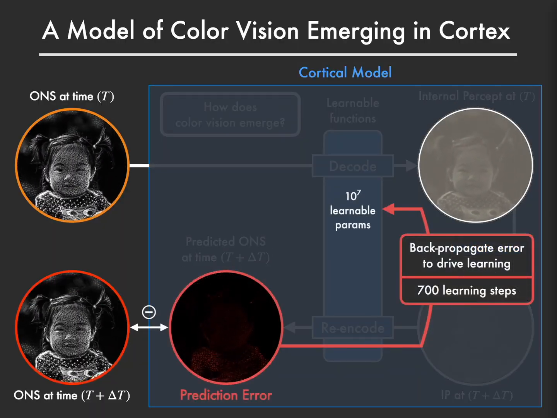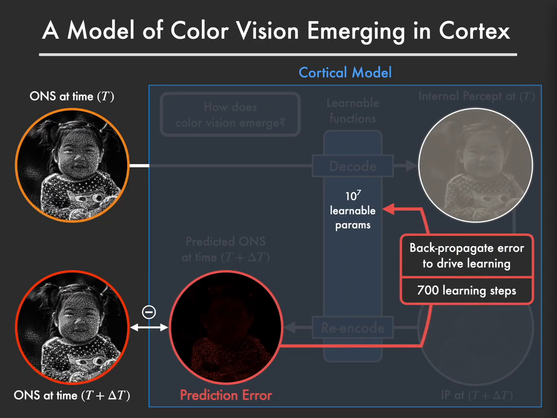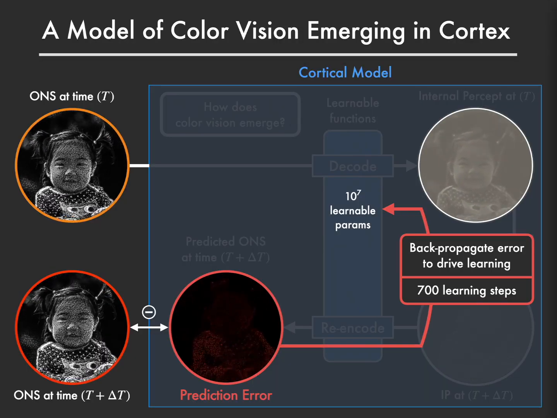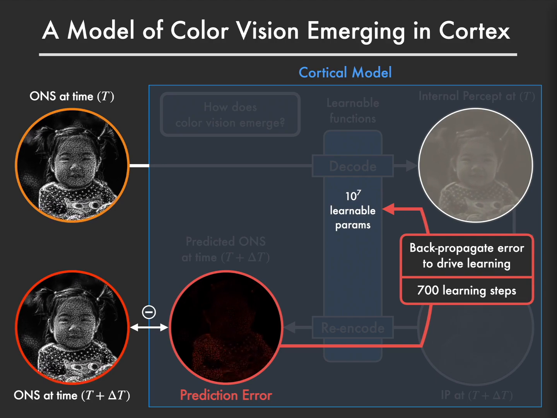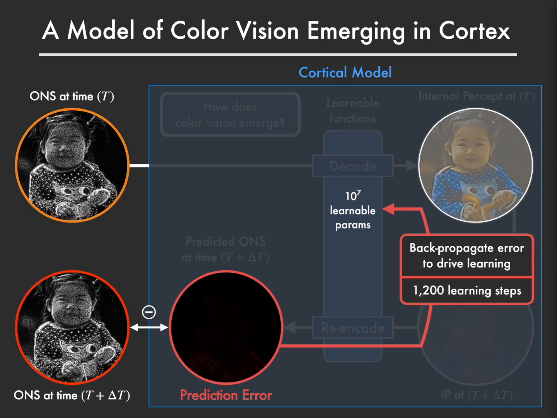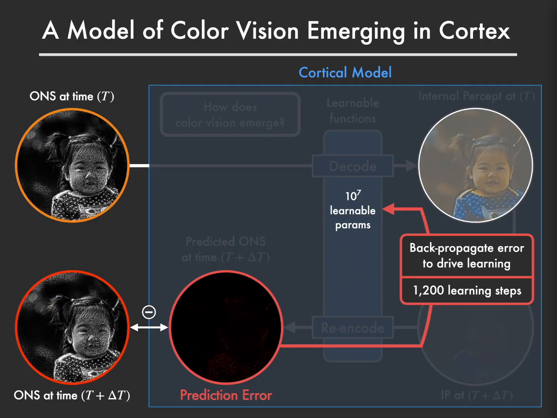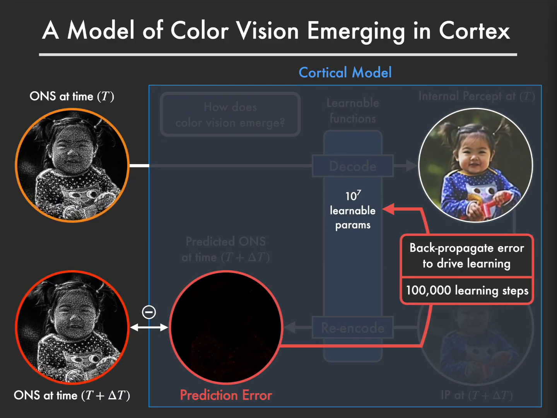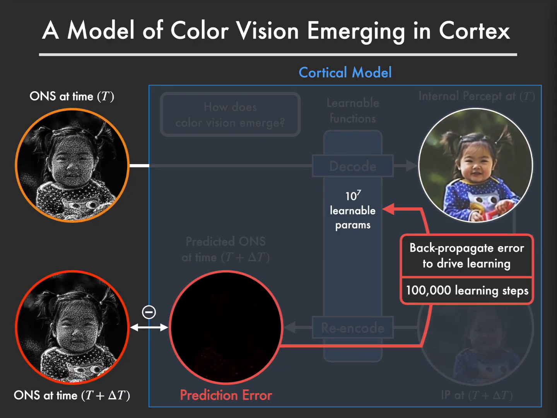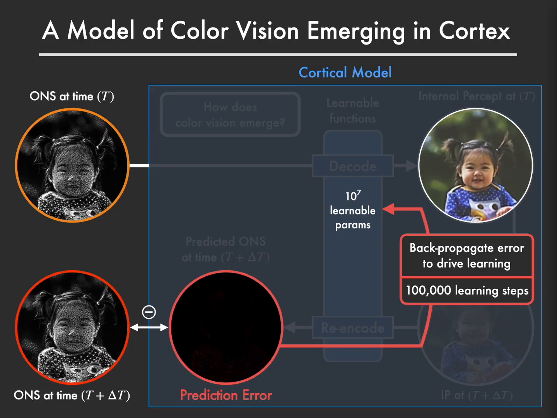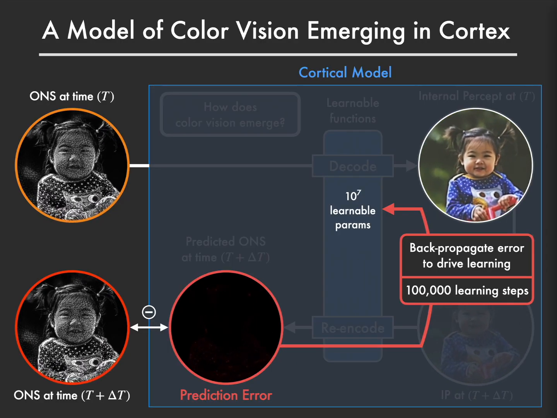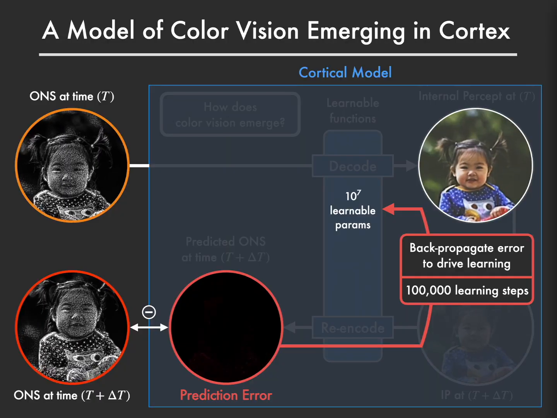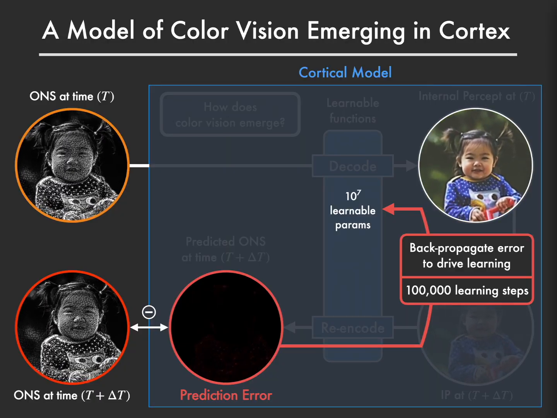And that's where we do comparison to the incoming optic nerve signal, getting a prediction error, and then we backpropagate to drive learning. What you're seeing here is the percept and the prediction error after 700 learning steps. This is after 1.2 thousand learning steps. You see that red-green color blindness has originally emerged with blues and yellows. And after 100,000 learning steps in this simulation, we get quite credible colors. Again, with no knowledge of the retina, except the signals coming down the optic nerves, the prediction error has fallen down to a very low value.